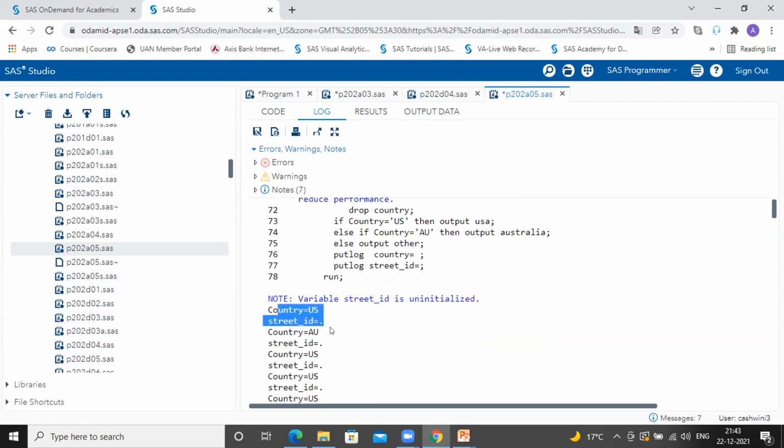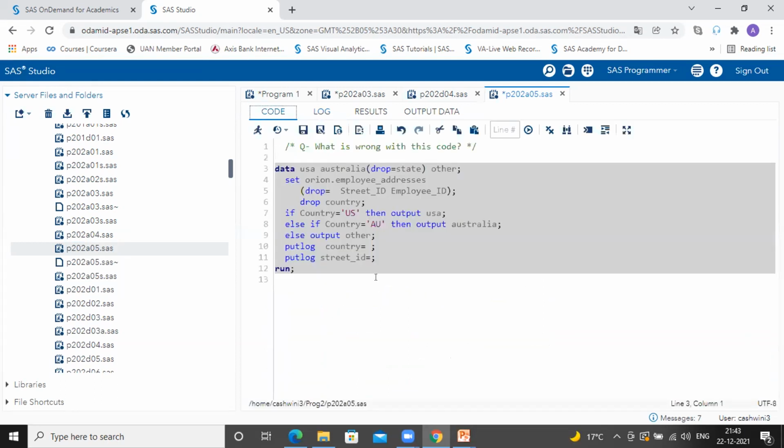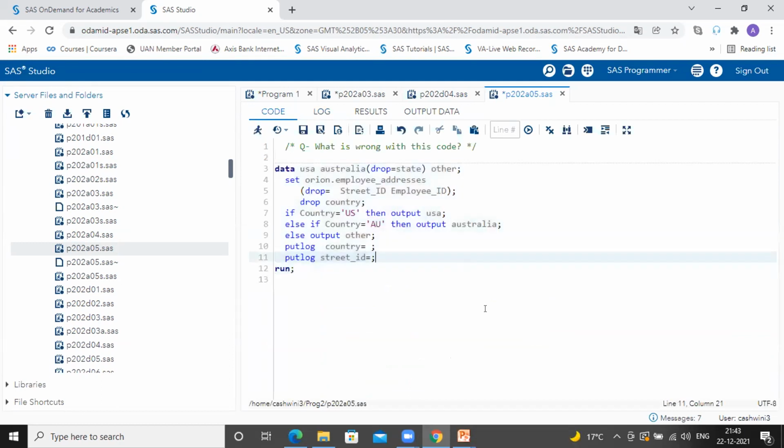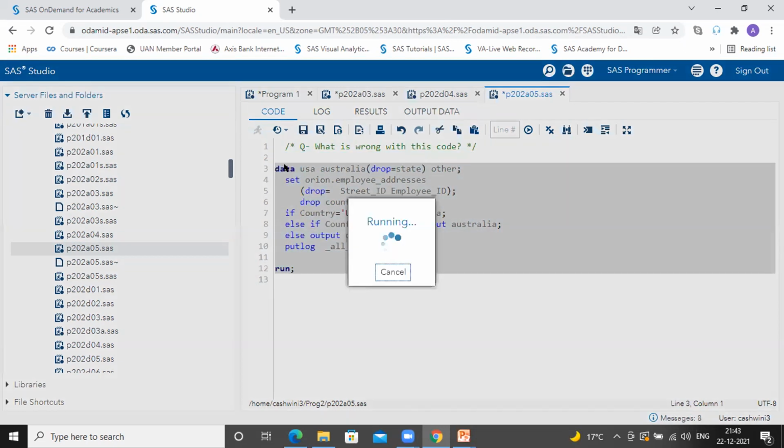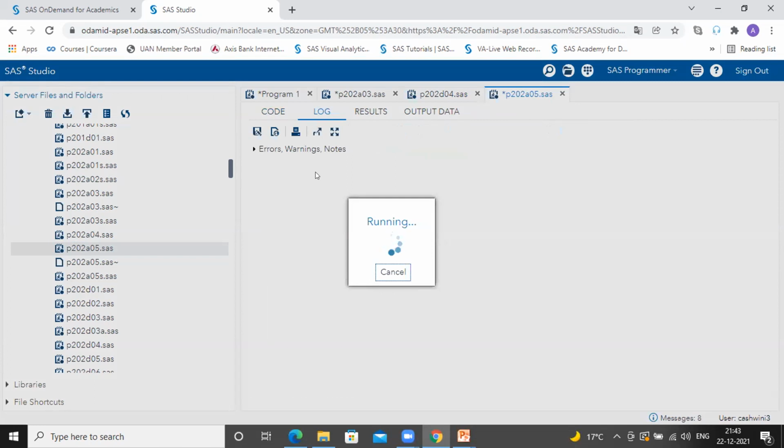Okay, fine. Now in case we don't want to see every individual variable in the log, you can write underscore all underscore.